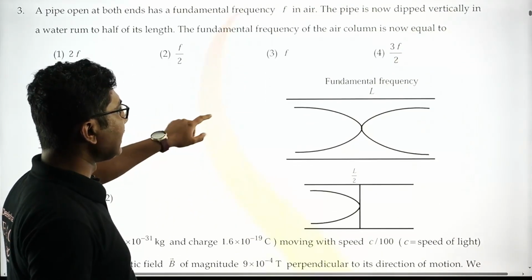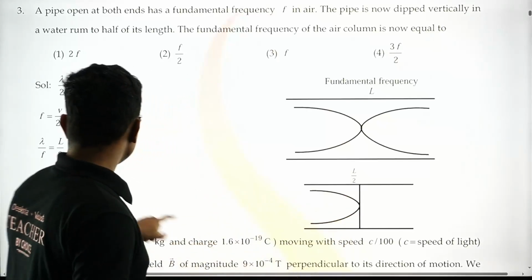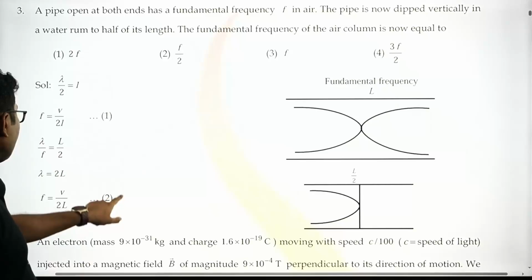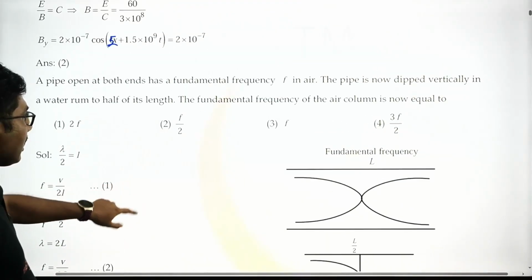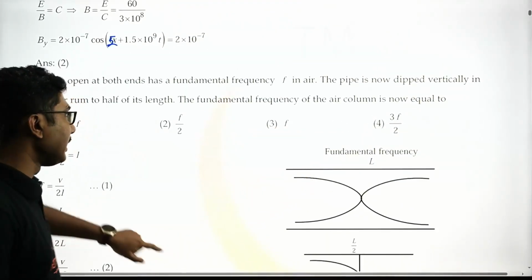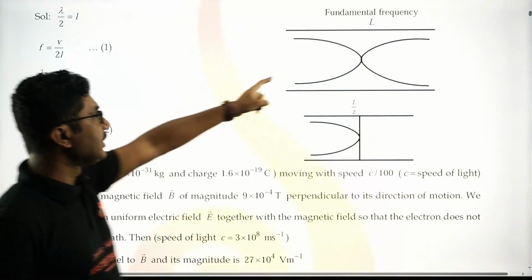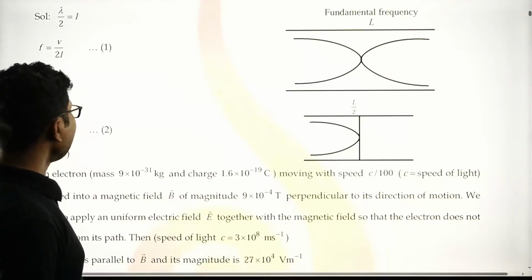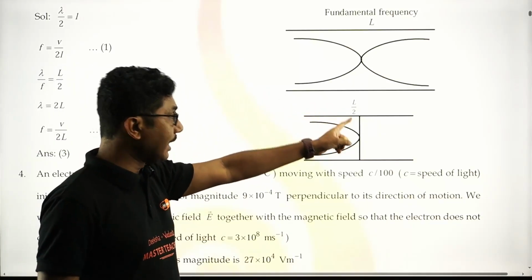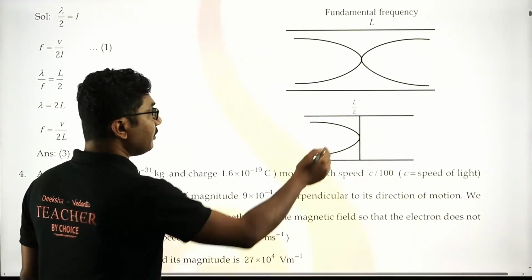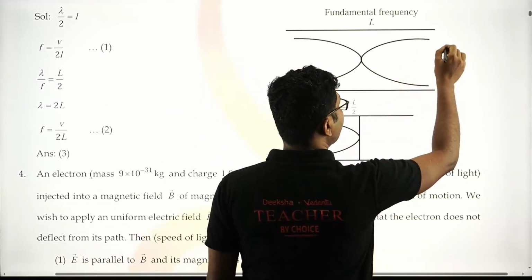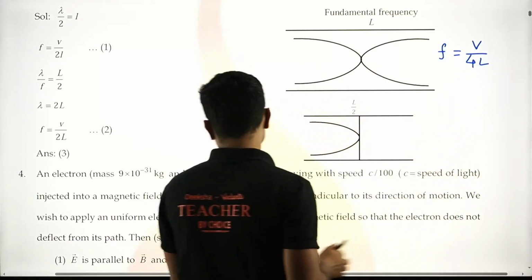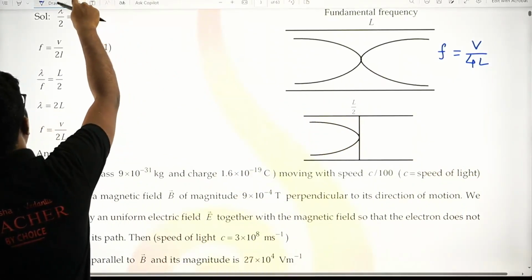Okay, so half of the length is now dipped into water. So from there you can calculate the frequency is v by 2L now, and it is v by 2L by 2. So it will be again the same frequency you will obtain. So it will be option 3. Initially it was v by 2L, right, and next it is L by 2. So in this case the frequency is v by 4L. Right, not 4L, sorry, it will be v by 2L,